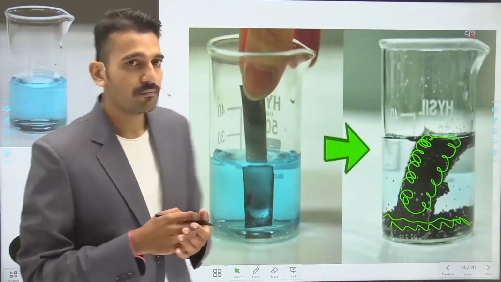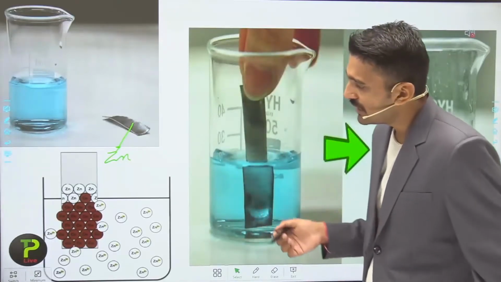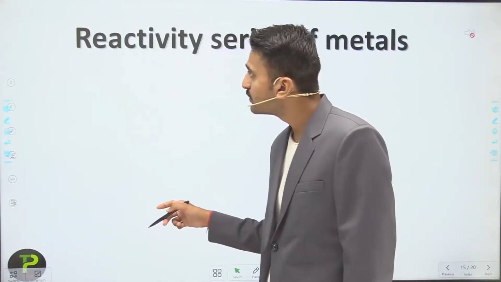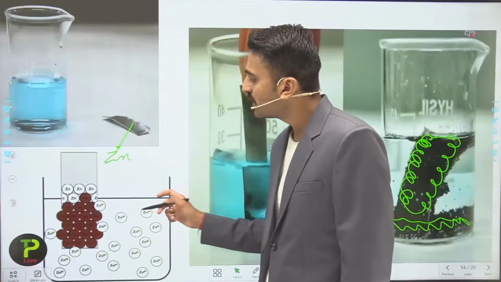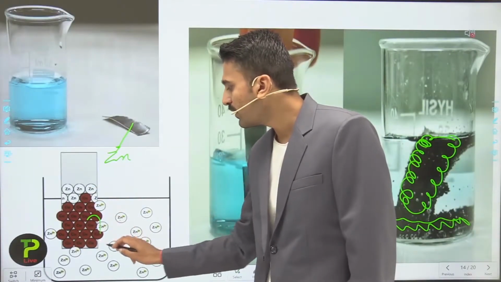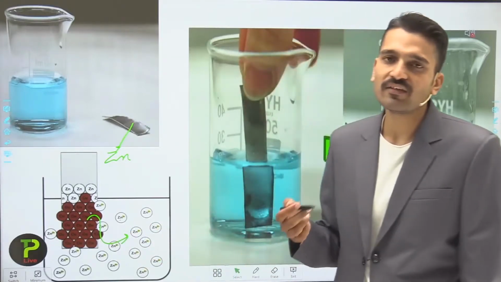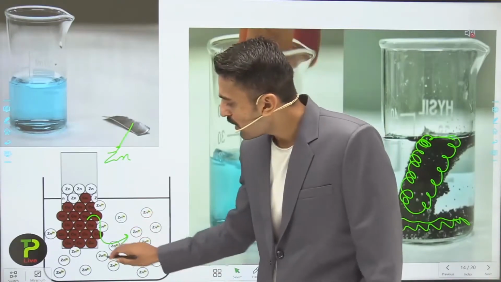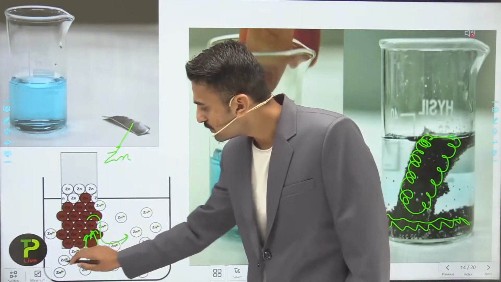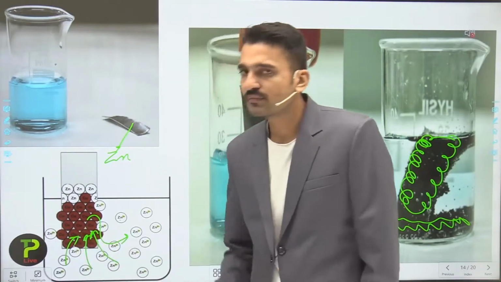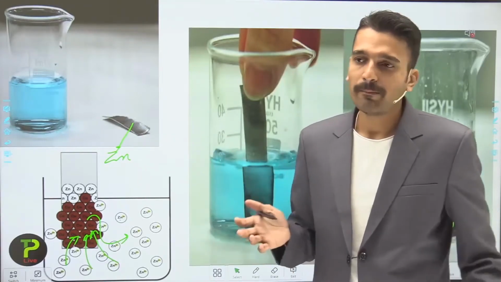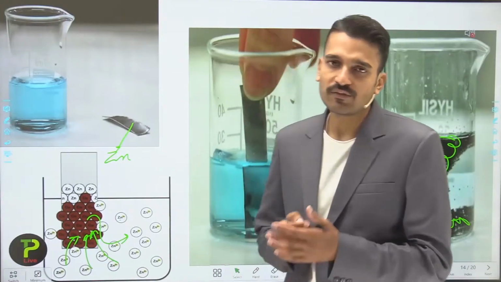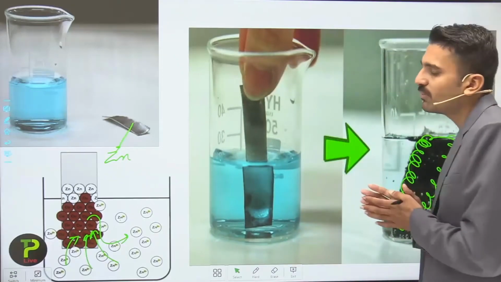So what is the mechanism and how is it acting? Here you clearly see the zinc metal present in the sheet is moving into the solution in the form of Zn+2 ions, while the Cu+2 ions which are present in the solution are moving to this piece of metal, or we can also say that the copper will get deposited at the bottom of the test tube or the beaker. So this is the mechanism of the displacement reaction.